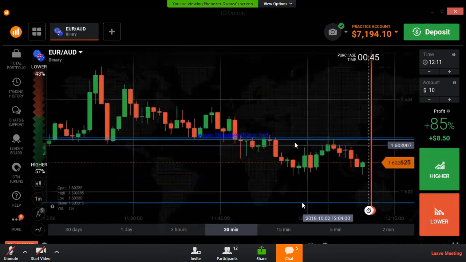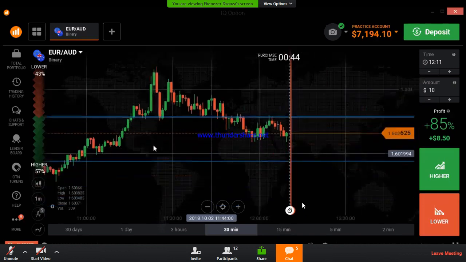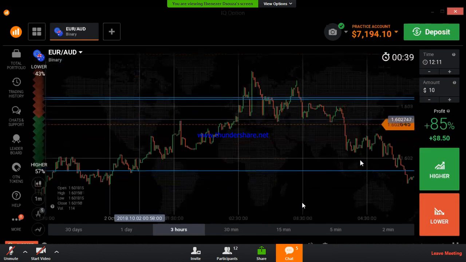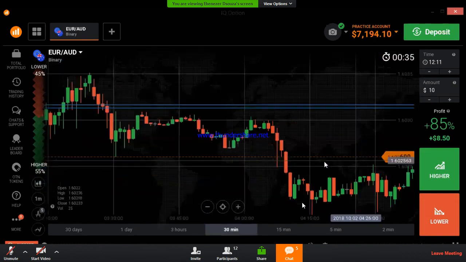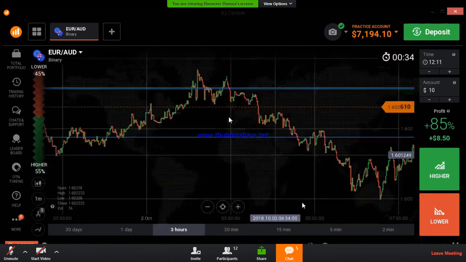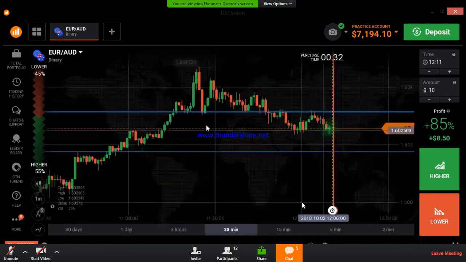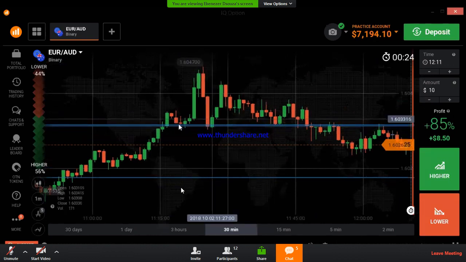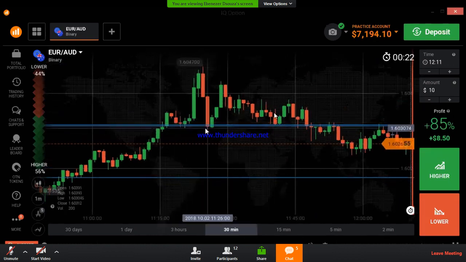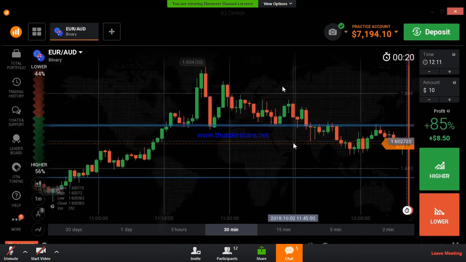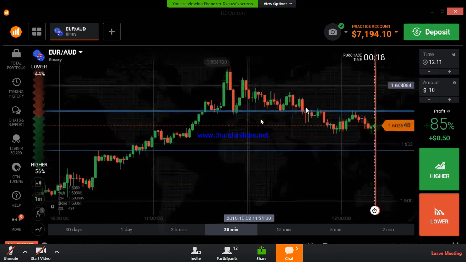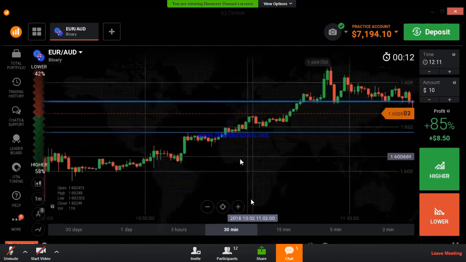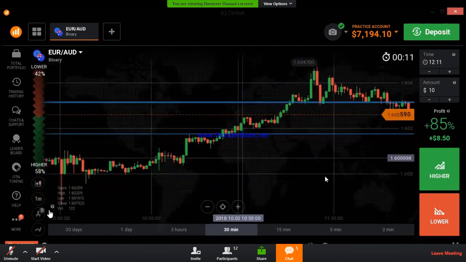I think for the first time it didn't break. You can trade for the first time, but for the second time you can't trade, because it may break this level. You can't trade here because this is a strong candle. It may break this level. You can't trade here because it tried two times to break this level. If you want to trade here, you need to wait for the breakout. You can trade on the same level again. So always trade in the direction.